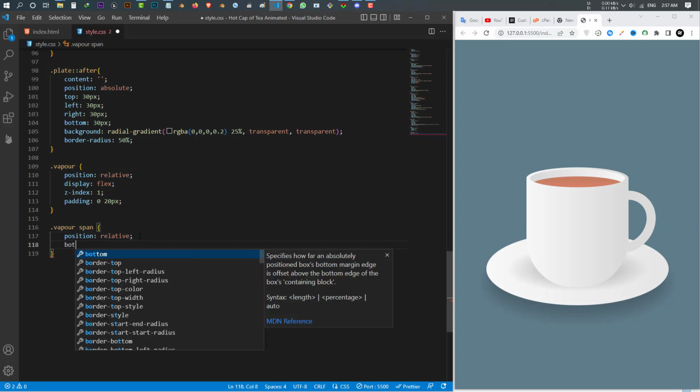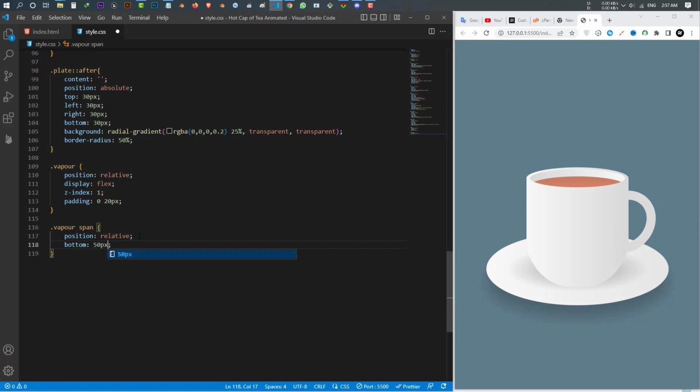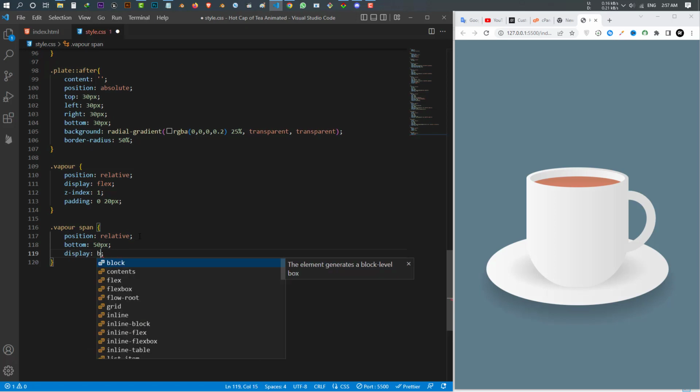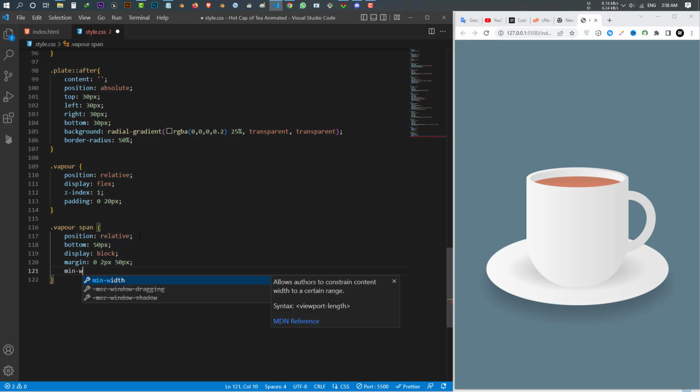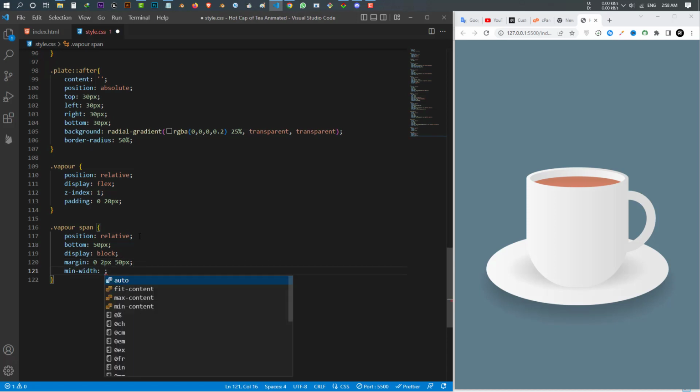After that I give it a bottom 15 pixel. I want to display everything in black, which means show this one. Okay, and after that I give it a margin 0 for top, 2 pixel for the right, and 50 pixel for the bottom. And after that I give it a main width. The width of this vapor will be 8 pixel. I also want to give it a height of 120 pixel,